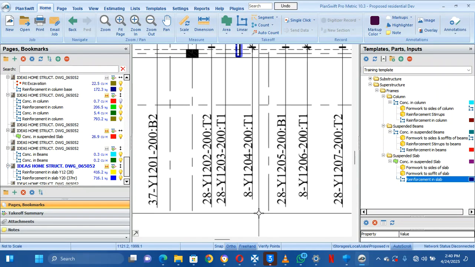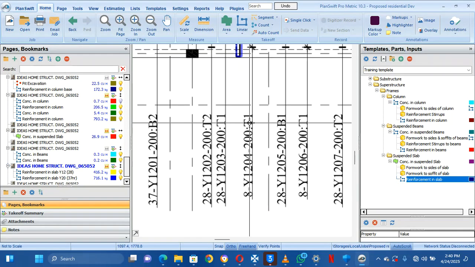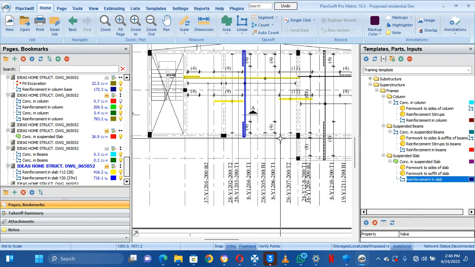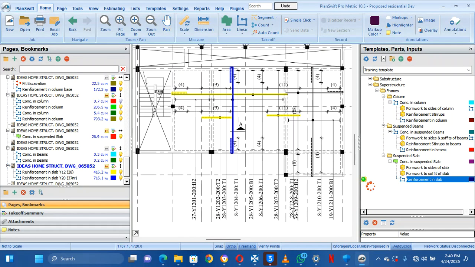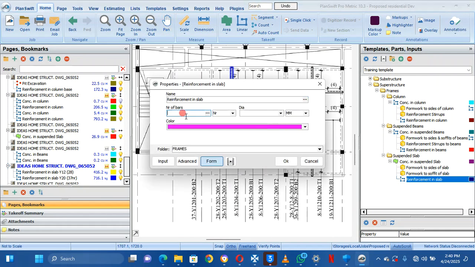If I add this 8 number, it will be adding the 8 and multiplying it by 28 numbers, not the 8 numbers. So that is why you will have to just click on this, start afresh, 8 numbers of y12,